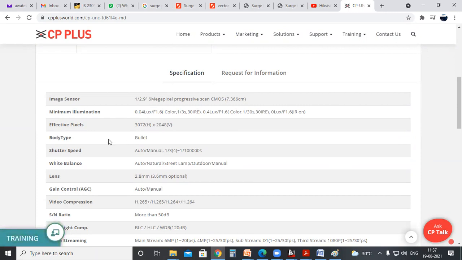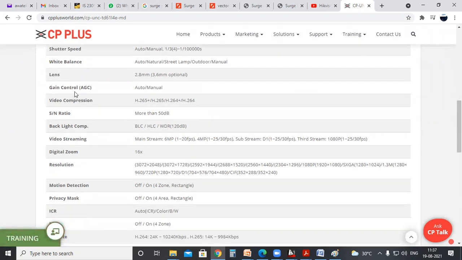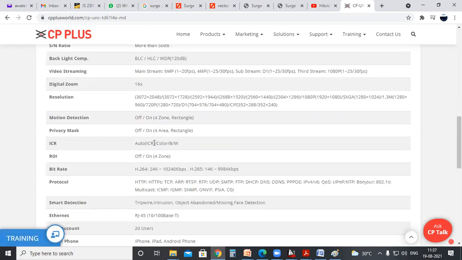Okay, body type bullet, auto or manual, shutter speed 1/3. Auto or manual speed, lens 2.8 mm, gain control auto or manual, video compression, aspect ratio, backlight, video streaming 6 megapixel 1 to 20 fps, 4 megapixel 1 to 25-30. Resolutions are also provided. Motion detection, yes, off or on. So that is why I haven't mentioned that motion detection, privacy mask, ICR,